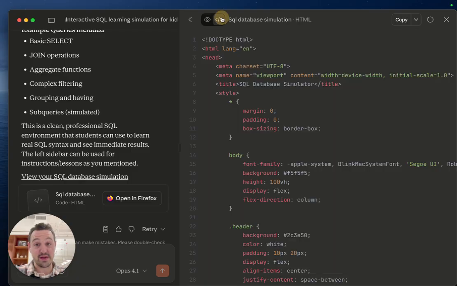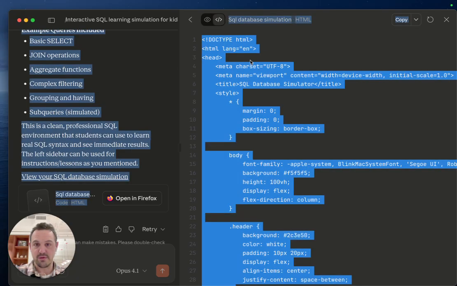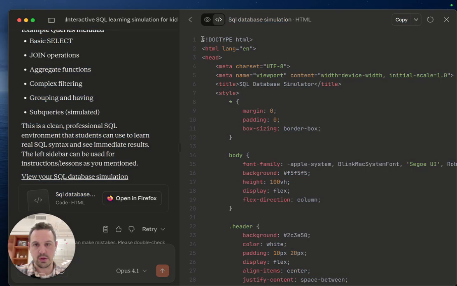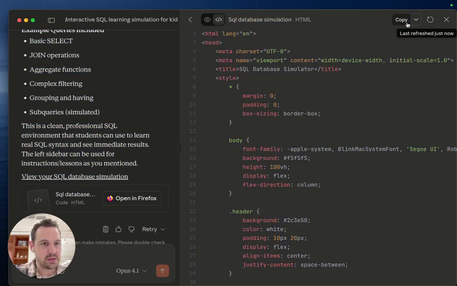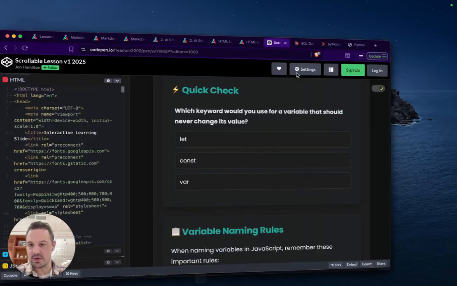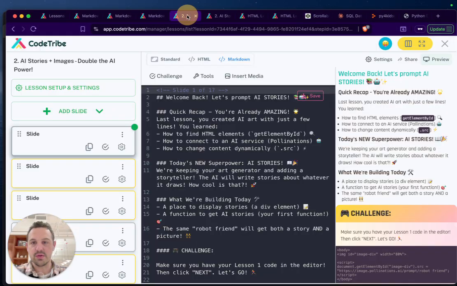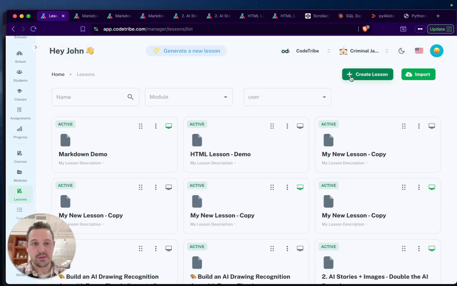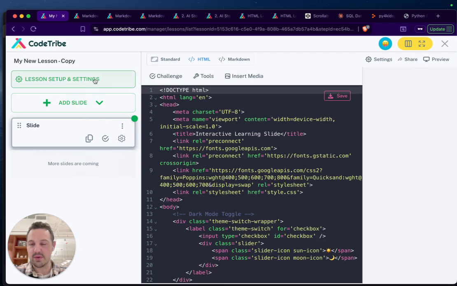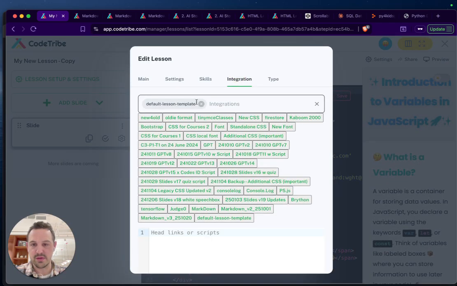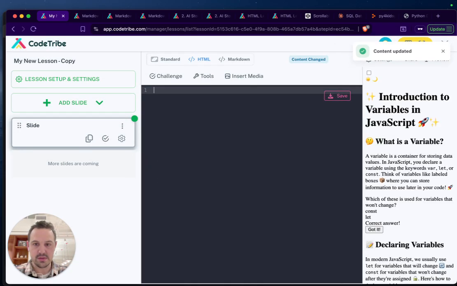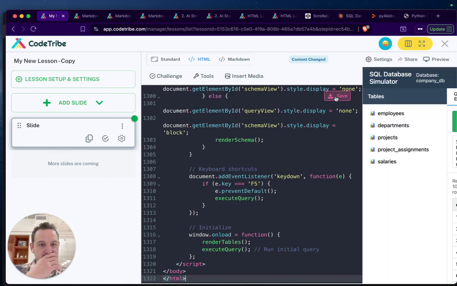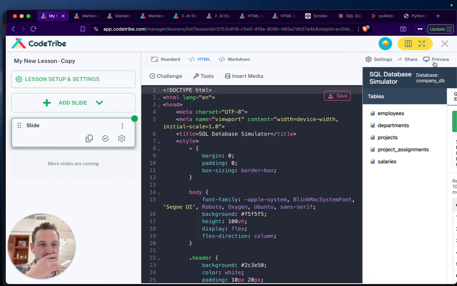I'm going to see if I can actually do this right now in front of you. Oops, no, I only want this. I wonder if I can, no, it's selecting it all. Oh my God. Oh, copy, there we go. That should work. Let me go into a lesson, create a new one even. I need to make sure I remove the integration because that's not going to help me here. I'm going to take this, paste in that code, save it, and